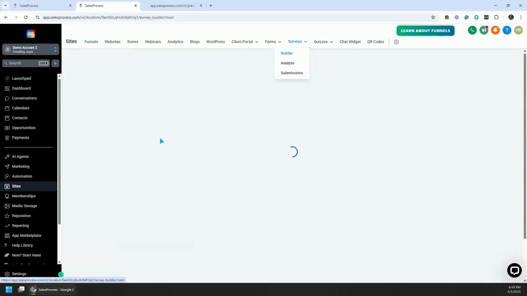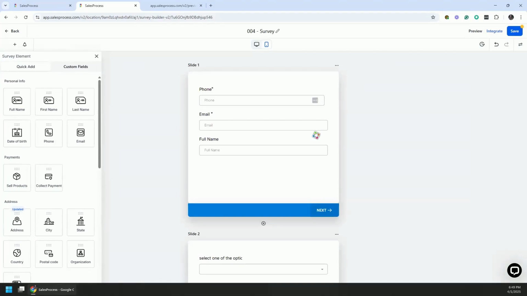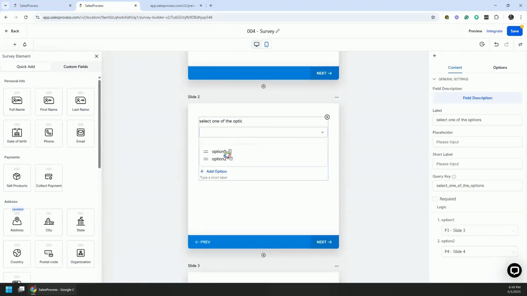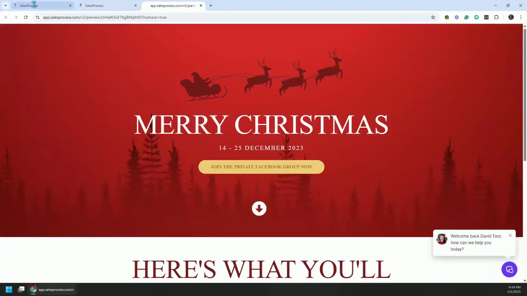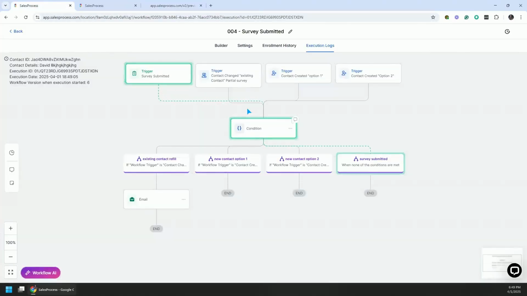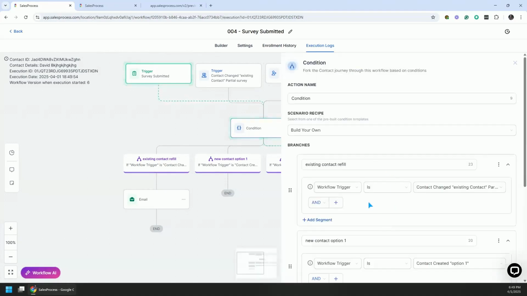Where is the survey? There we go. This is our survey, and our question is, here is an interesting thing. My question has a drop-down menu where the customer can only select one option. He cannot select multiple options. If you are creating a question with multiple options, then in your logic in the automations, there should be another option in here. If he selected option 1 and he did not, like in the condition, you have to put it